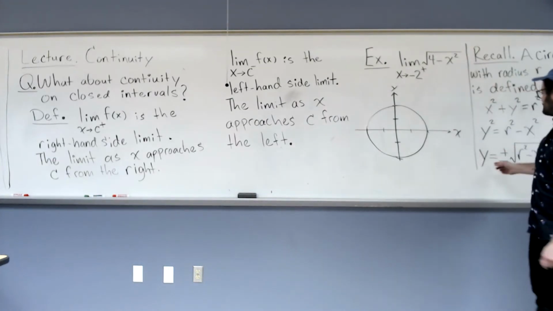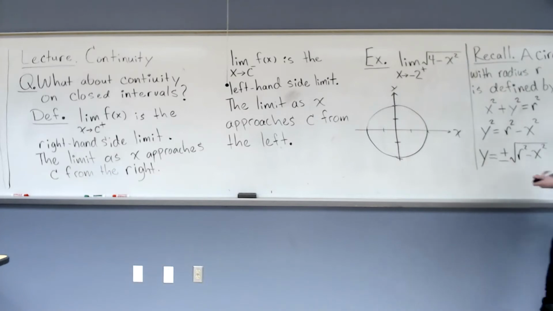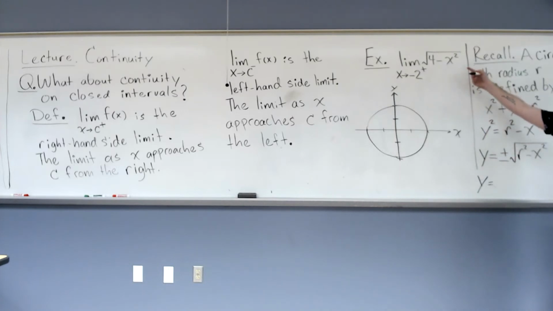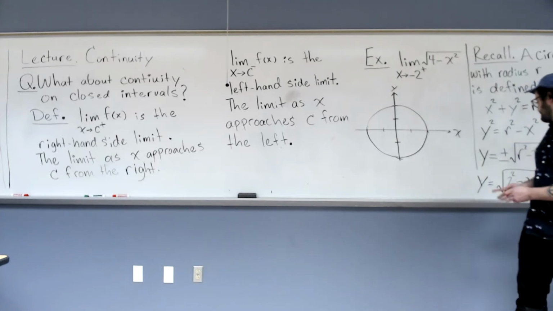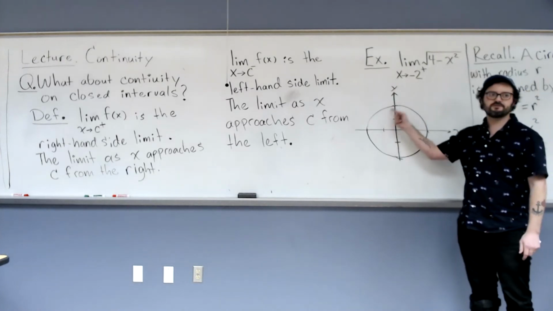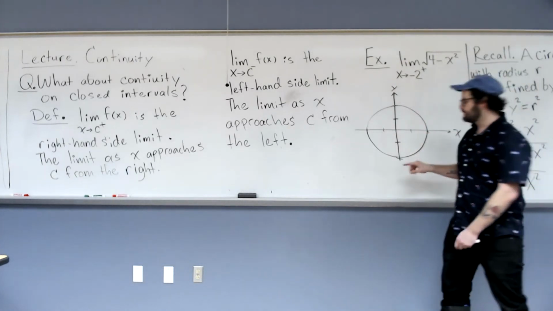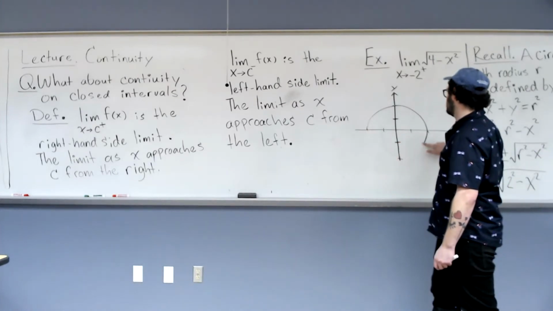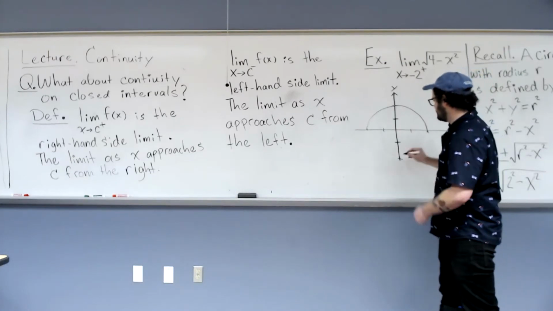Now, when we solve for y as a function of x, like we're looking at, maybe I'll just write it out. This is positive, right? So we're looking at the positive piece of this plus or minus. And again, this is 2 squared minus x squared. So the positive piece will be the positive values here, right? So we can just get rid of that, get rid of this, and what we're left with